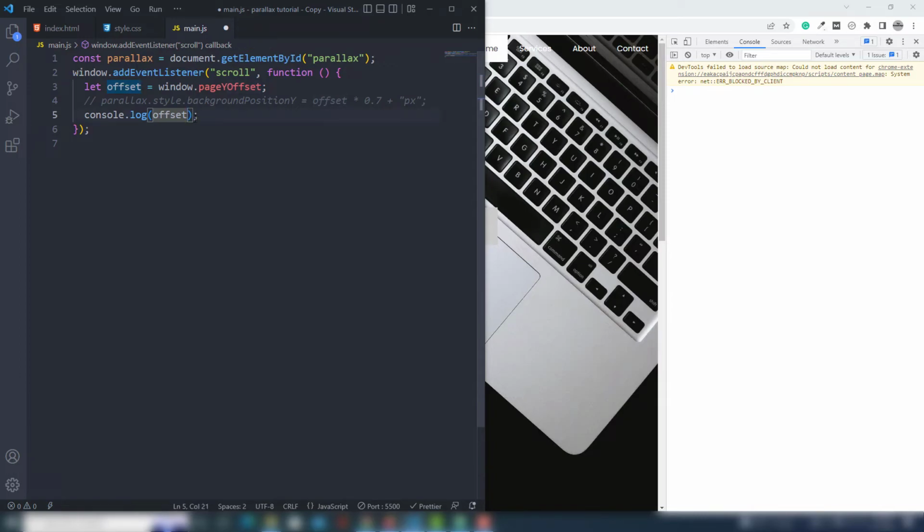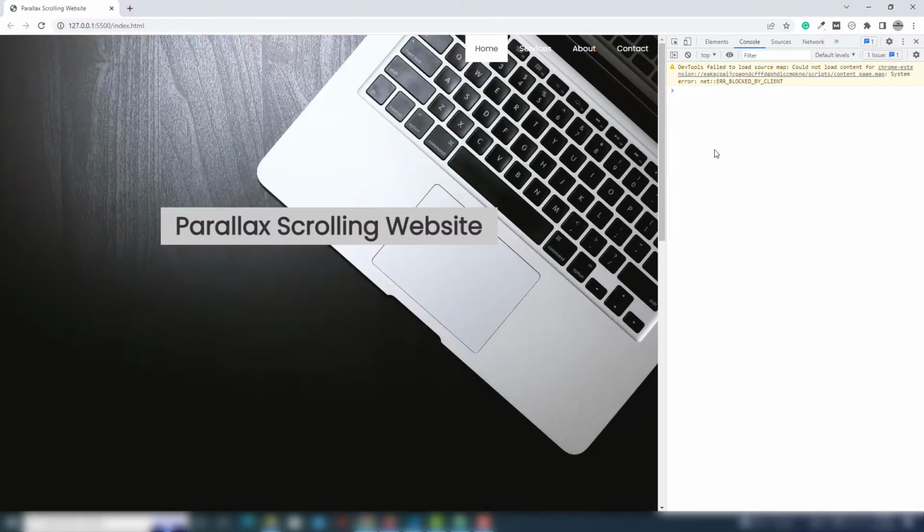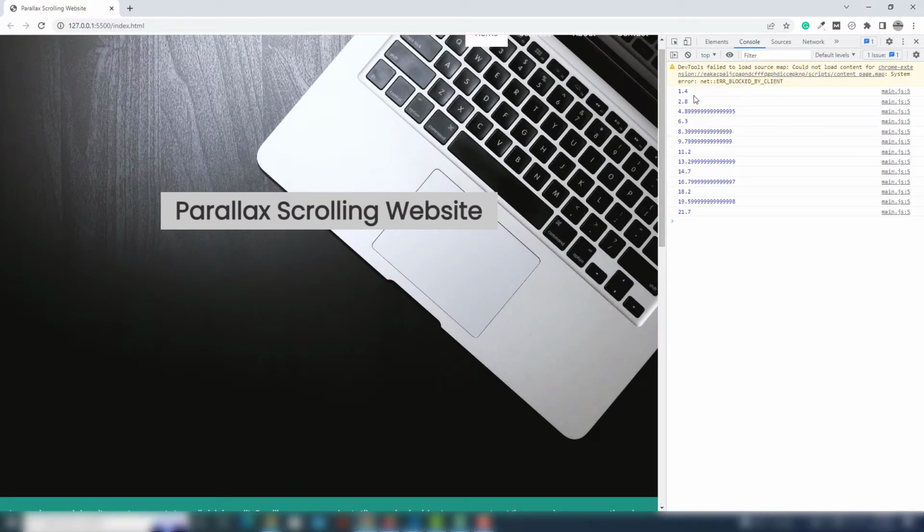But I will assign the multiplication times 0.7, and then when you scroll down, you will get values like 1.4, 2.8, and 6.3. So we will use this value